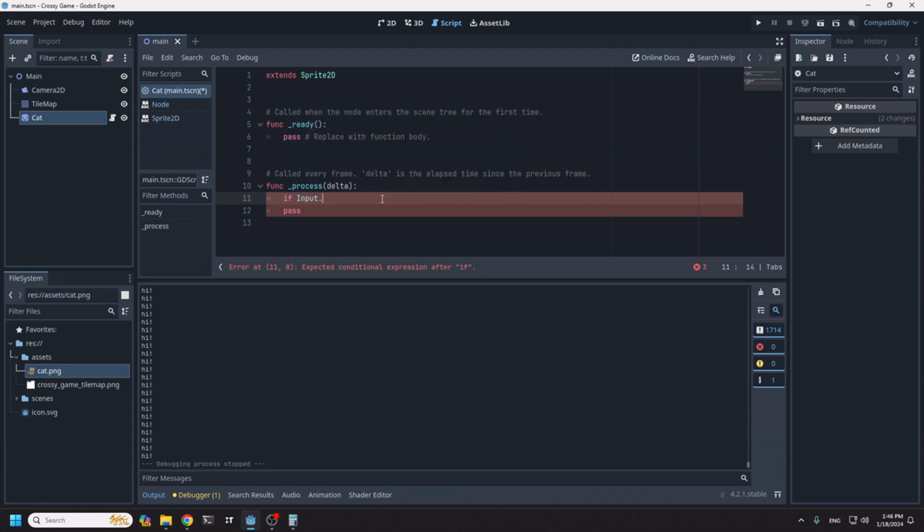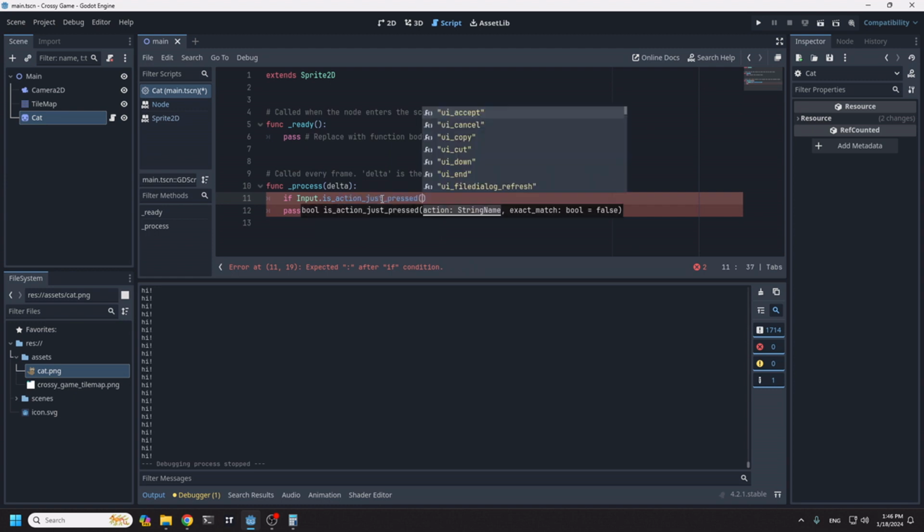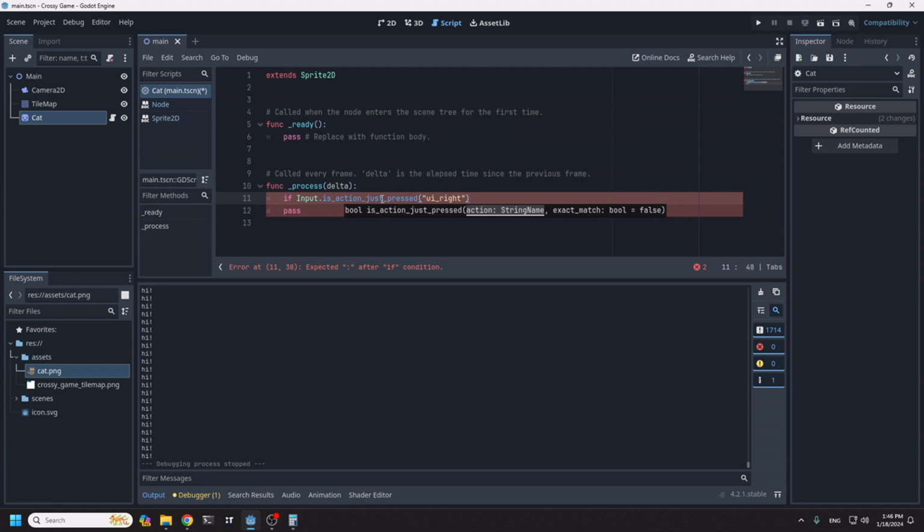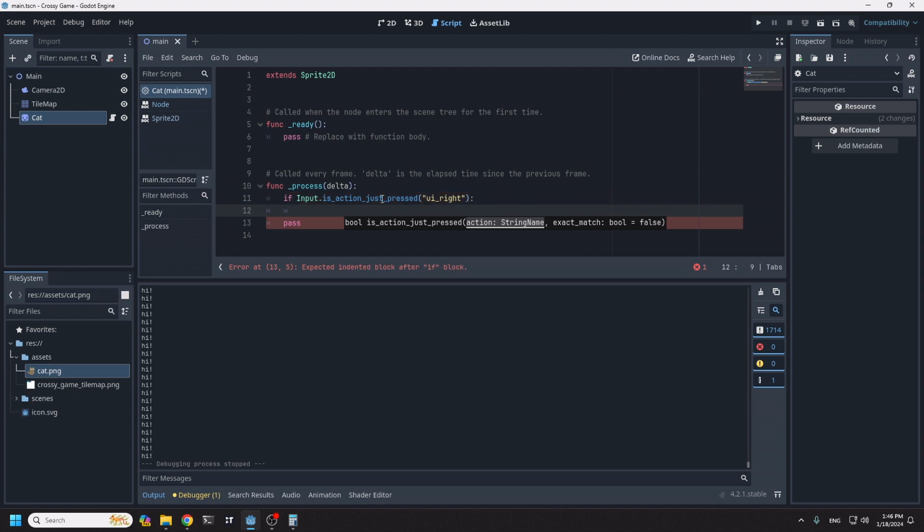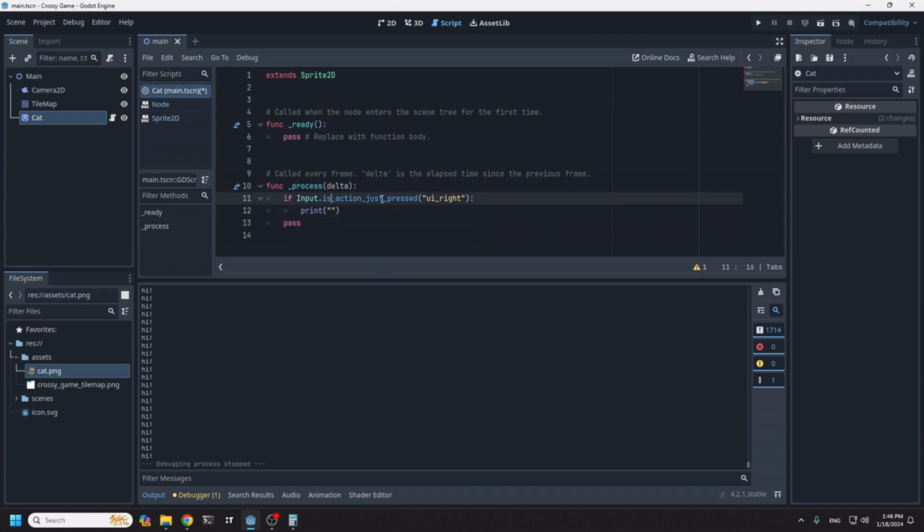So we can do if Input.is_action_just_pressed, let's say, and we'll do ui_right, then colon. Now we are in the if statement. This code will be executed when the player presses the button that corresponds to ui_right, which is the right arrow by default. And I'll just log